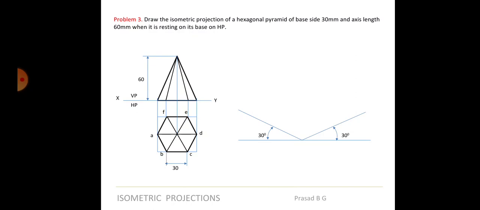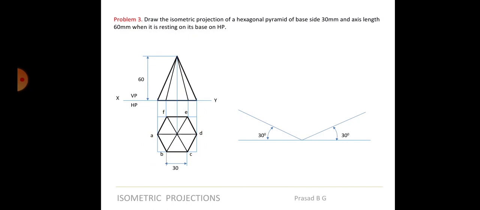Okay. And one more important thing I want to tell you here, students. See, there are two possibilities of drawing this. One, you are drawing the hexagon with the true scale. Got it? That means you have actually taken 30 here. Not ISO 30. You have really taken a real, actual 30 here. And then let's say you have drawn the hexagon. Then all these distances you are going to get here are also going to be real lengths only, not ISO lengths, right?